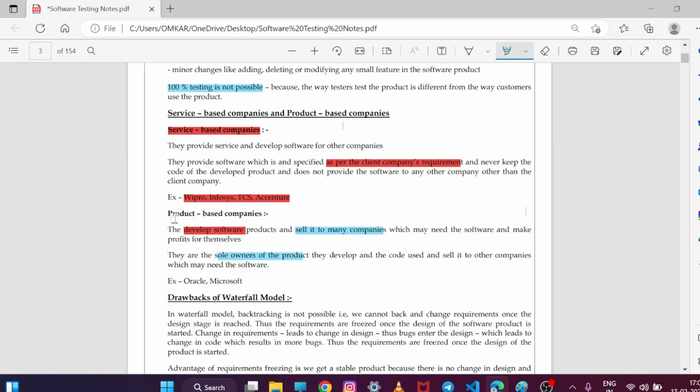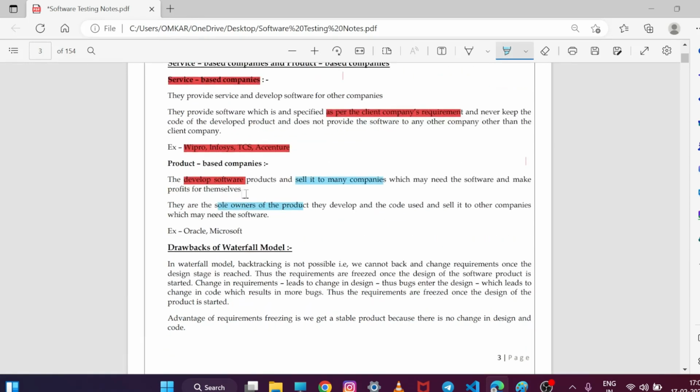They do not sell that product to any other company to earn profit. What happens in the product based company is they develop the software and sell it to anyone, to any companies, and earn the profit for themselves. So this is the main difference.